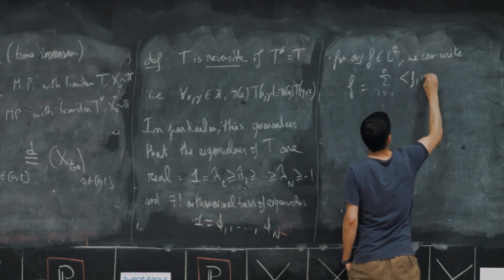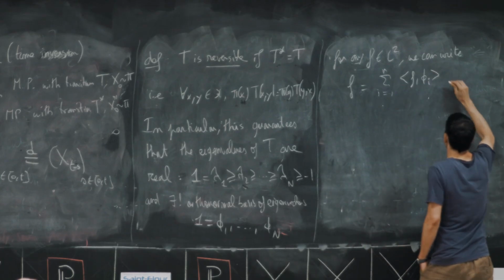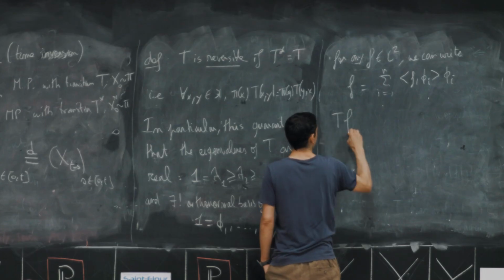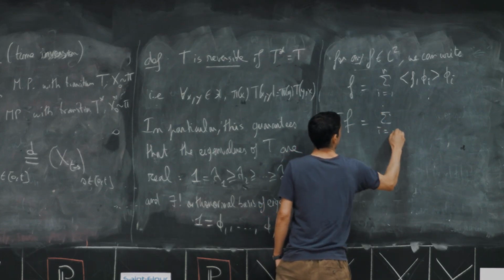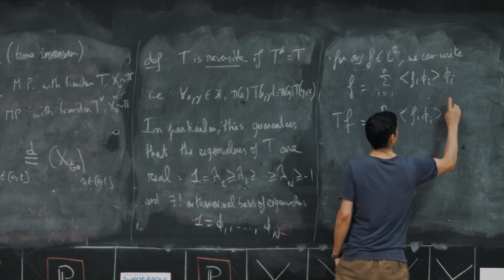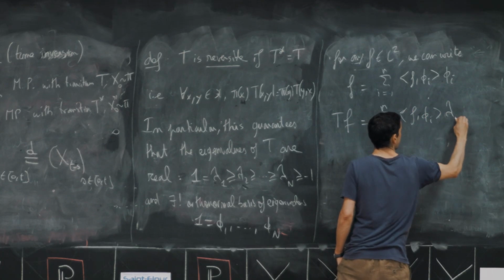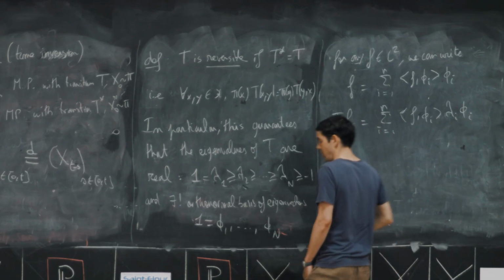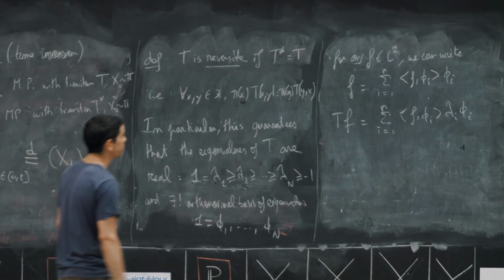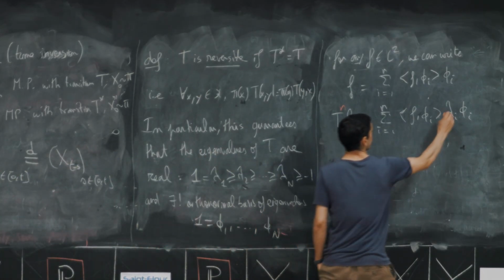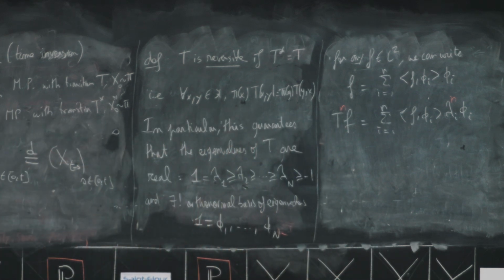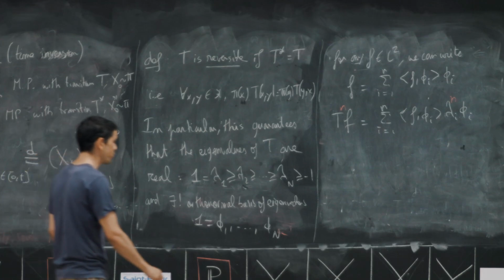The coefficients are just the projection according to your scalar product. And then you can apply T. By linearity, you get T phi i, but T phi i is just lambda i phi i because it's an eigenvector. And you can iterate this for any n. Then you can divide by n factorial and sum everything. And what you get is that your semigroup P_t